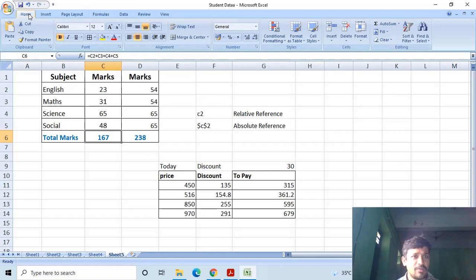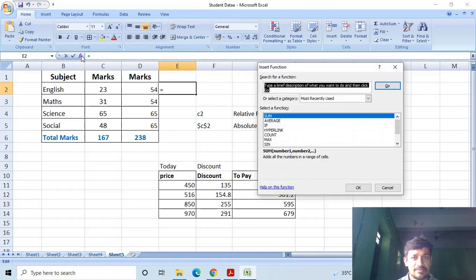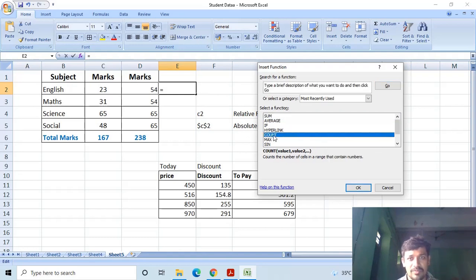To use a function in MS Excel, select the cell where you want to insert the function. In the formula bar, beside it you will find the insert function button. Click on this insert function, and it displays the insert function dialog box.